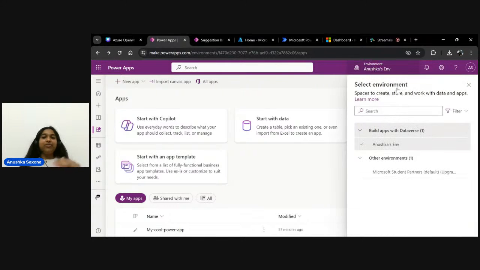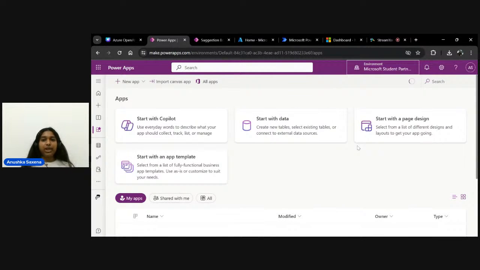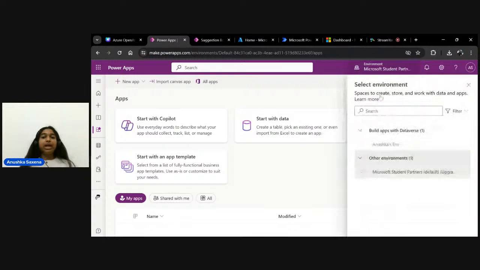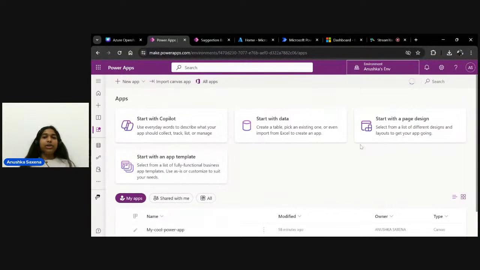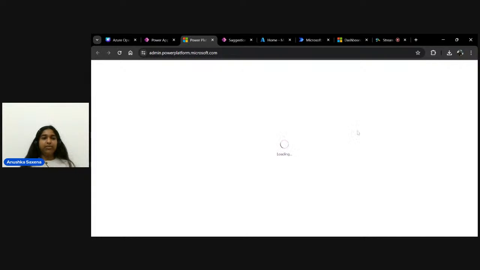Whenever you first log in, you will land on this page. But first, you'll have to configure your development environment. If you see in this pop-up, you can notice that the environment type is developer here. To develop the apps, you will need to have a developer environment. How can you enable it? You just go to settings and open the admin center,